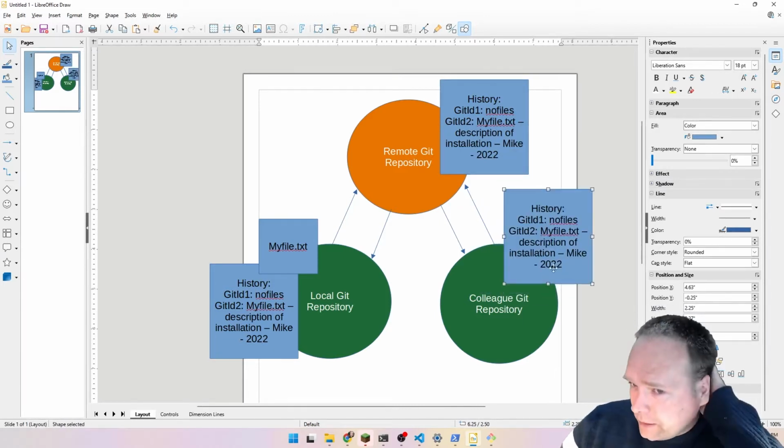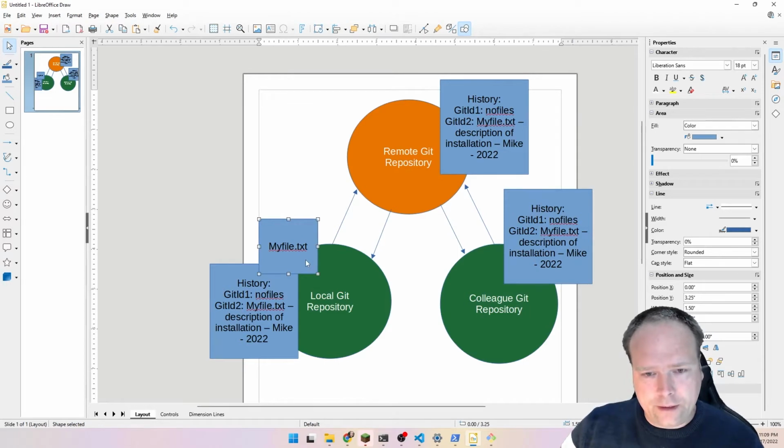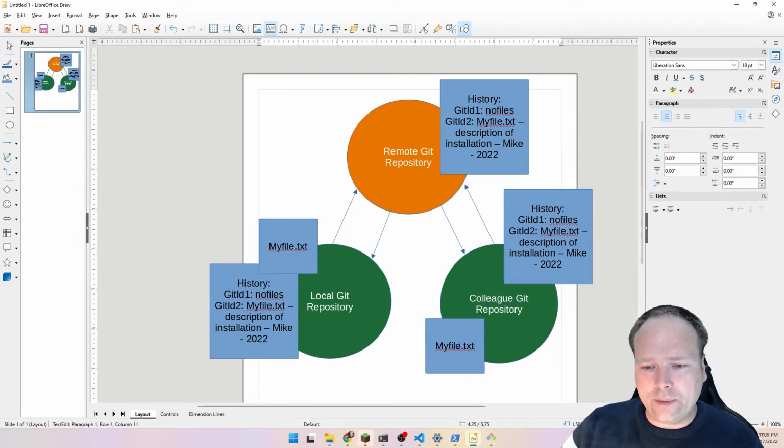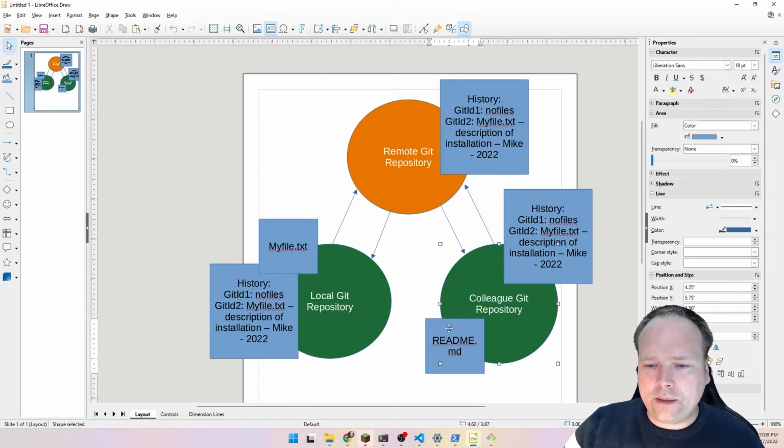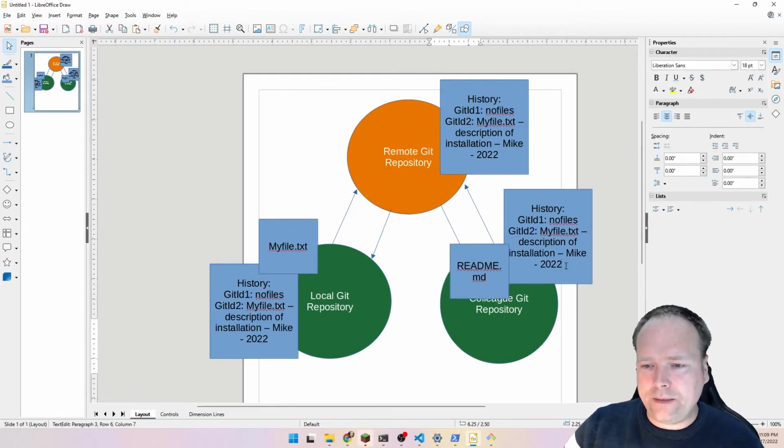So this means that my colleague can then also take this code down right here by making a pull, and then my colleague can then change my file. Maybe my colleague will actually rename my file to something else. Maybe it should be readme.markdown instead. That was the right name that we agreed on. So then my colleague will rename this file right here. My colleague will then commit the change. So we get a new